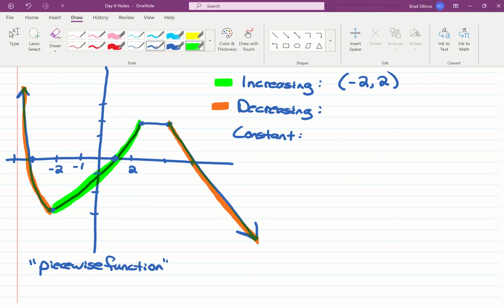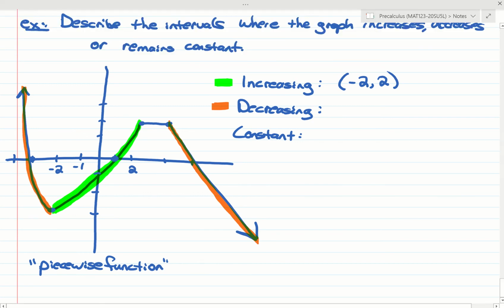And let's answer the question. So it looks like the graph is decreasing. Well, this arrow means it happens from forever, right? So let's say from negative infinity up until negative 2. But then it starts again at 3. From 3 on, the graph is decreasing,